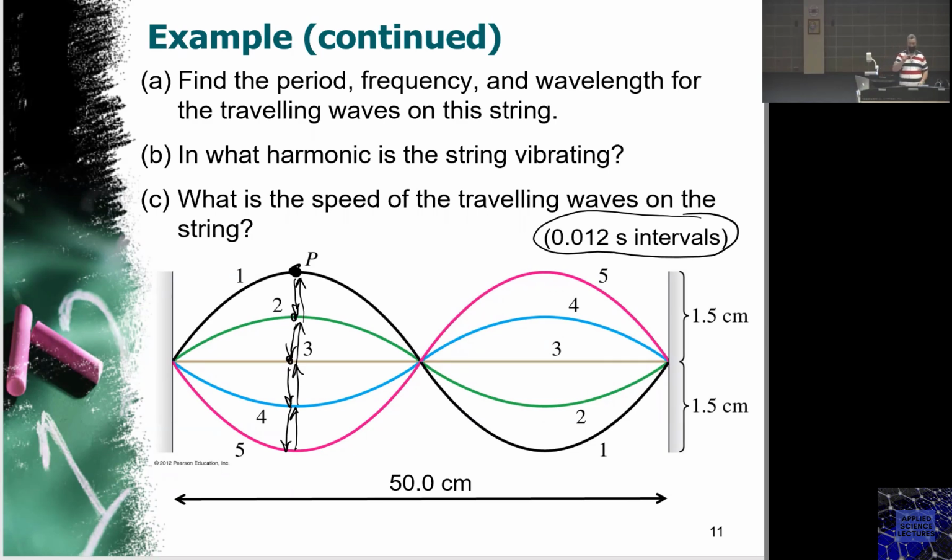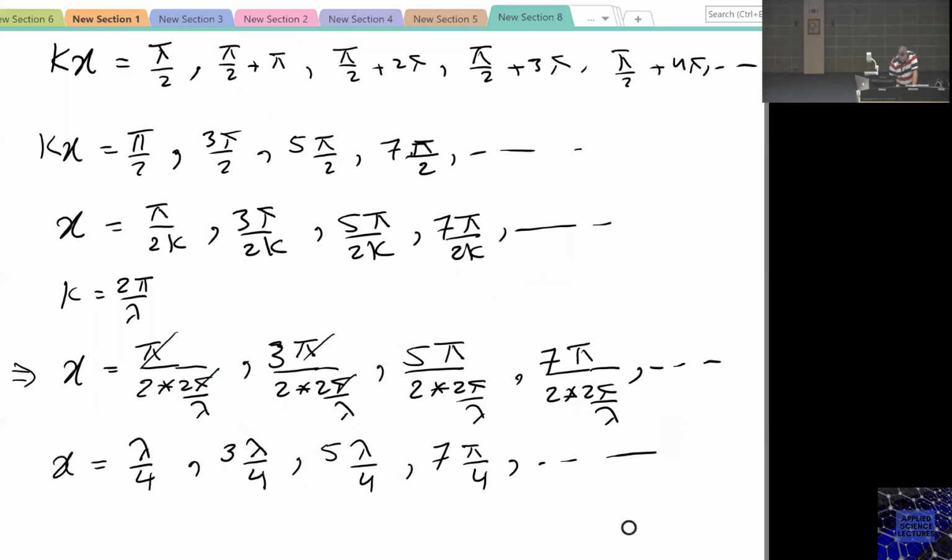This point P has to go all the way. So function 1 to become 2, 3, 4, 5, and then back again to 1 to complete one full cycle. So the period in this case